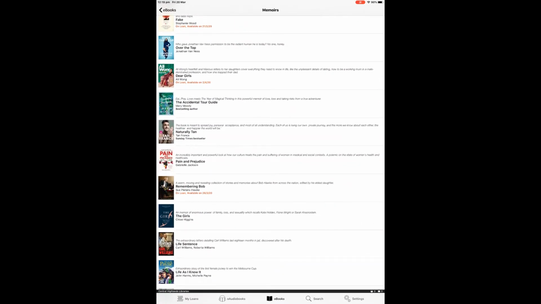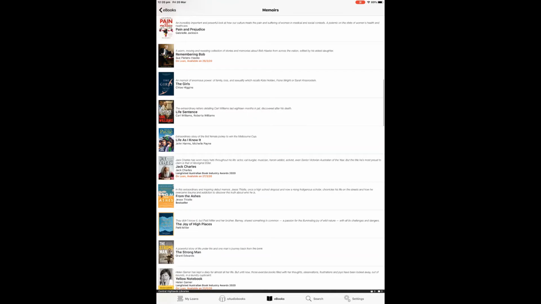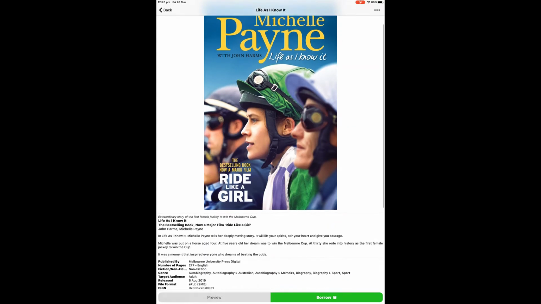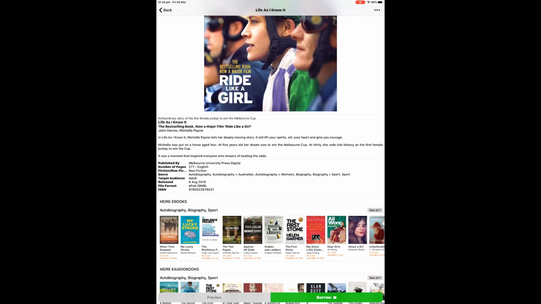When you tap on the cover of a book, it should bring up a large image of the cover. And under the image, you'll see a brief synopsis of what the book's about. There's a big button at the bottom right-hand corner to borrow that book. Tap on that borrow button,